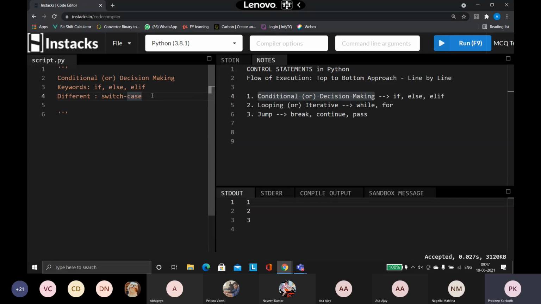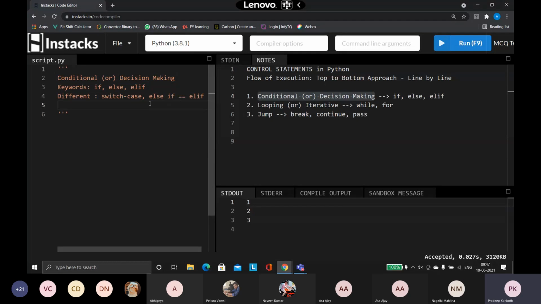And the second thing is, in other programming languages I used to call it else if. In Python, it is called elif. So the basic difference is that else if in other languages is the same as elif in Python. These are the two things that you should know with regards to the decision making statements.